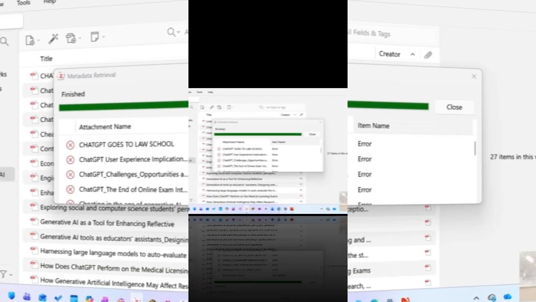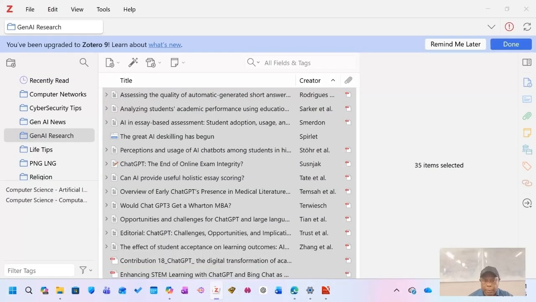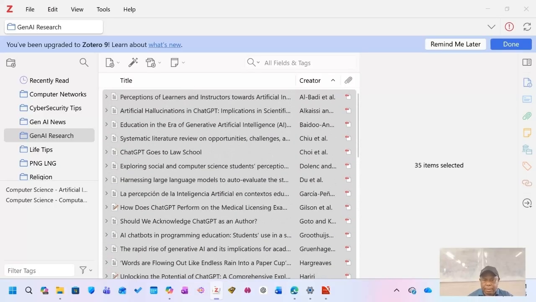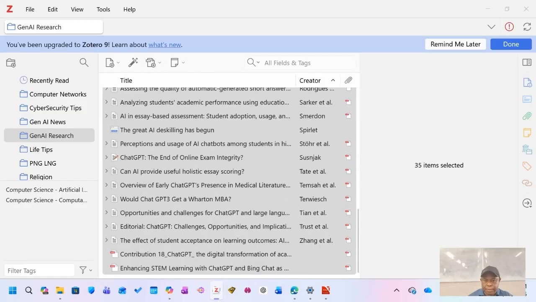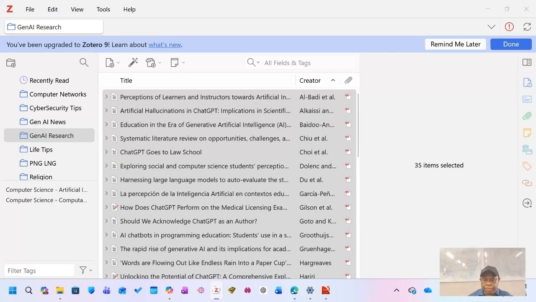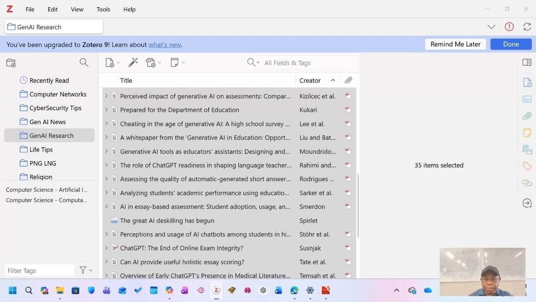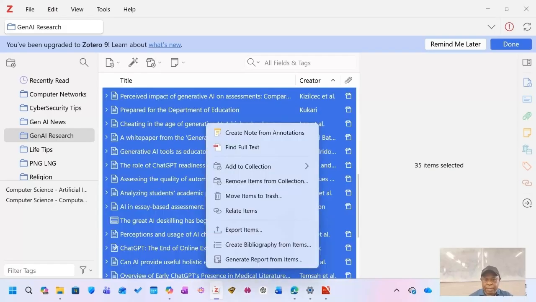Okay, I'm going to show you how to create bibliographies from selected articles or files that you want to be included in your project or essay or research report. So here you can see I've selected all these articles. What I'm going to do is right click on the selected articles or sources and then click on create bibliography from items. So I'm going to click on that